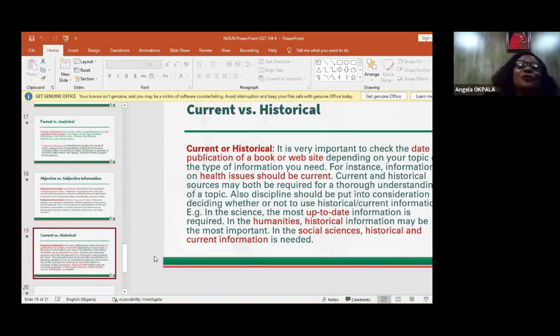And you know that some different kinds of people will be needing historical kind of information. Some type of people will be needing current. If I say somebody is ill now and he needs some medical advice, he will go for current information. He will not want to see how, for instance, diabetes is treated in 1920. He wants current information on it. What about historical? But some group of people are still working